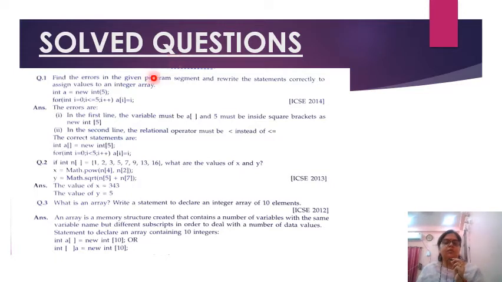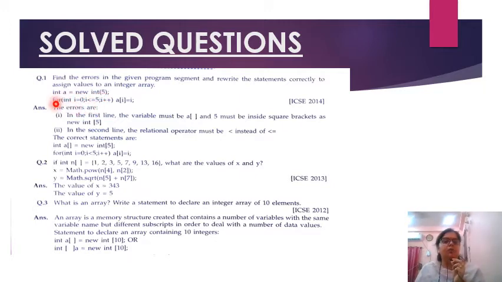Now see, some questions are there. First is this ICSE 2014 question. We are going to solve it. Find the errors in the given program segment. Rewrite the statements correctly to assign values to an integer array. See, we have to find the error in this question: int a = new int(5);